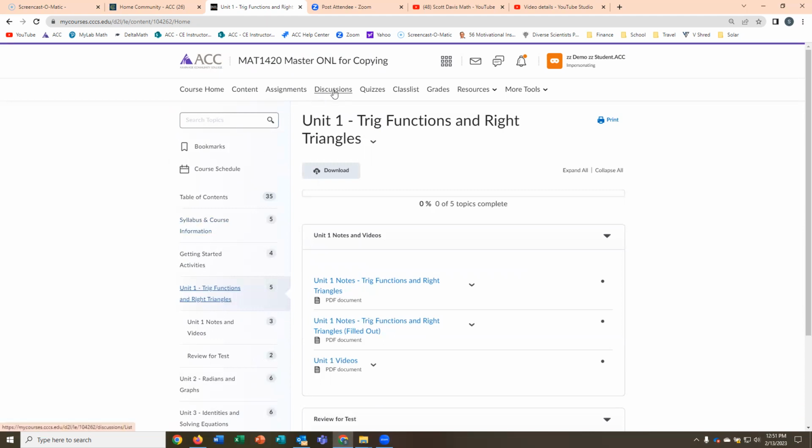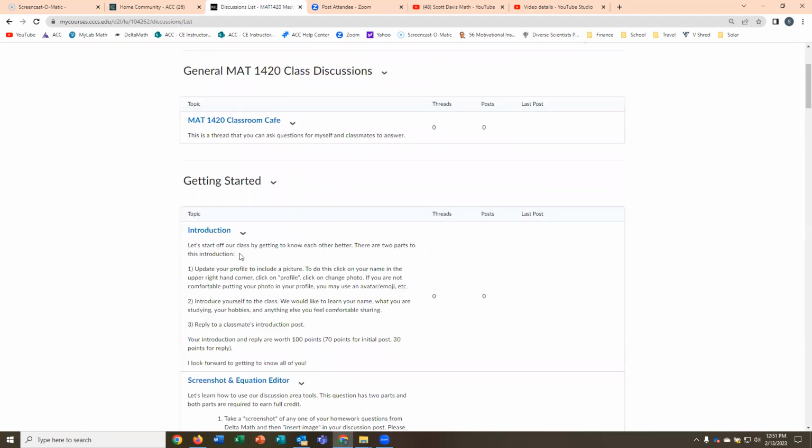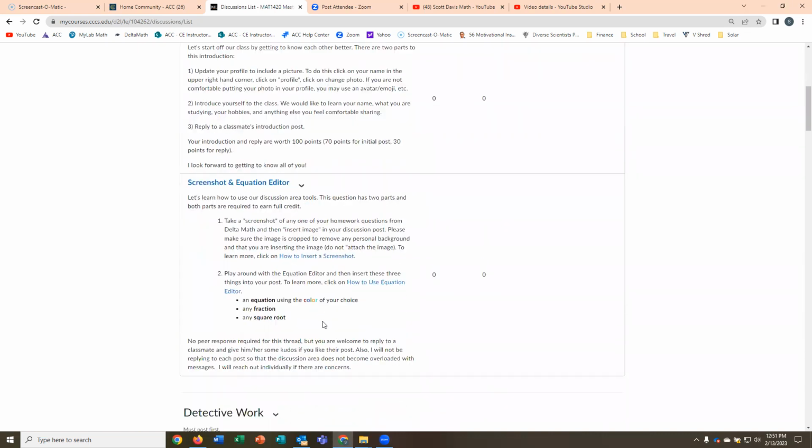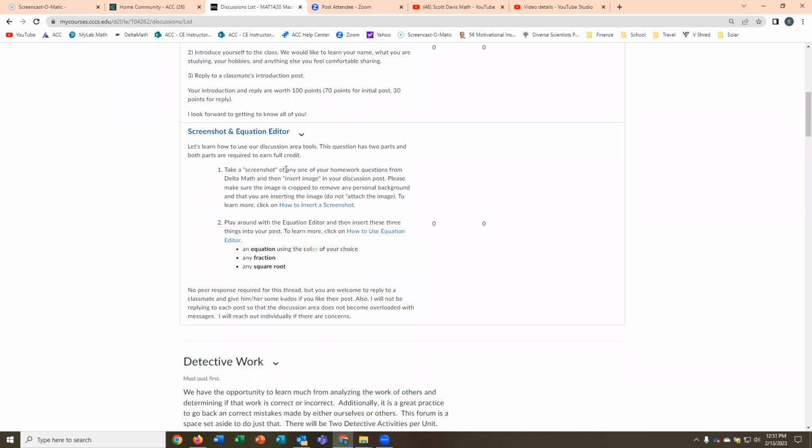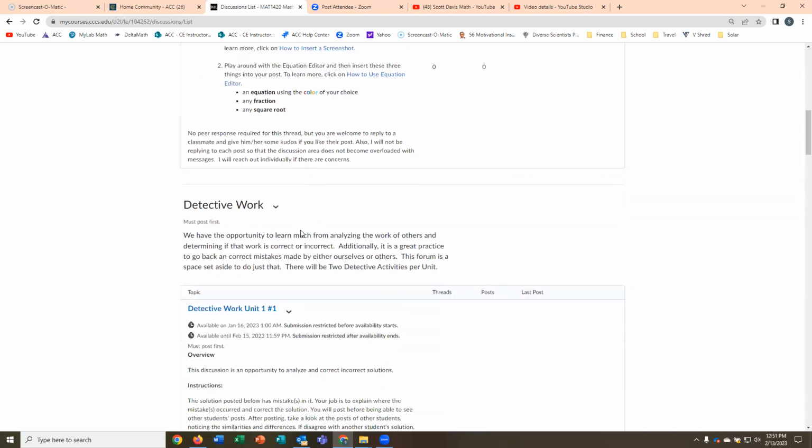The only thing that they'll end up doing other than all their resources for videos and notes is discussions. They'll have their initial intro version where they have, here's your introduction, here's who you are, and respond to people. And then a screenshot: they're going to need to be able to have other conversations mathematically, which they'll find in their detective work, where they need to put in square root symbols and pi and stuff like that. So how do they use the equation editor? How do they get the pictures in? All that sort of stuff. So just to practice it, and make sure that it can clear up any questions they may have